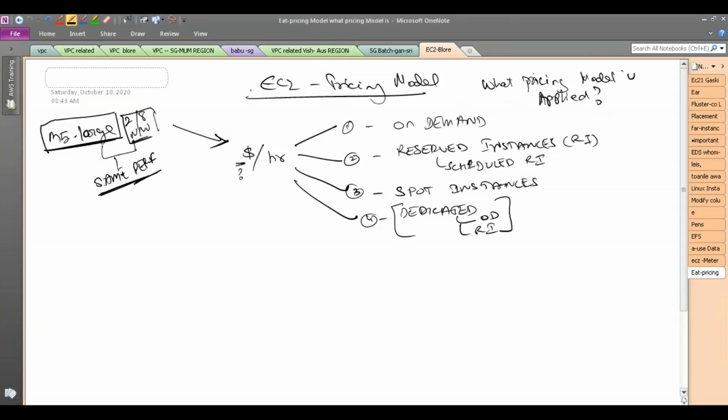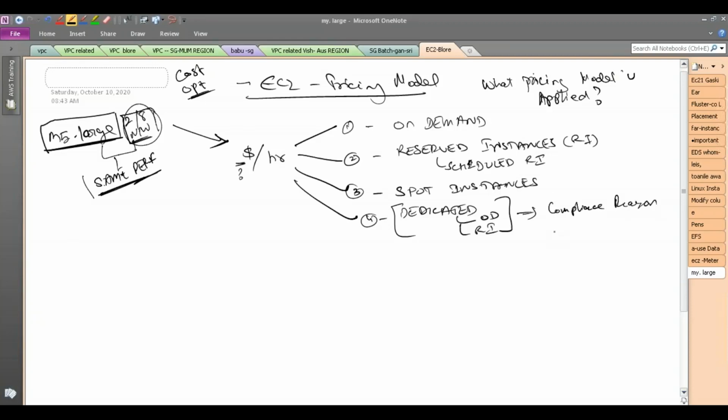So these pricing models are mostly for cost optimization. The performance remains the same irrespective of whether it is on demand, reserved, spot, or dedicated. M5 large means here is its performance, you get that performance. It has nothing to do with the instance performance. It is mostly for cost optimization, or this last category is used mostly for compliance reasons,